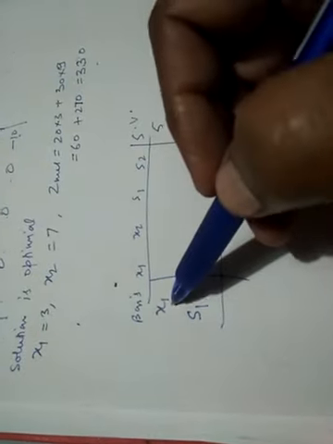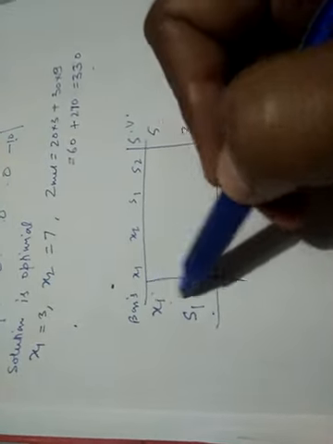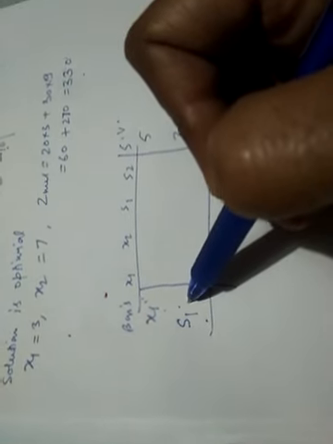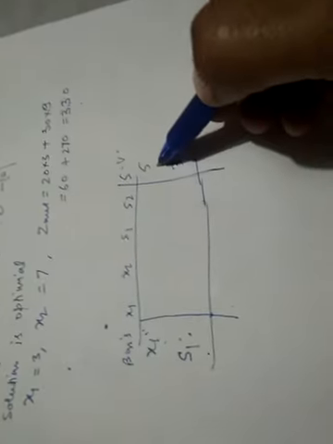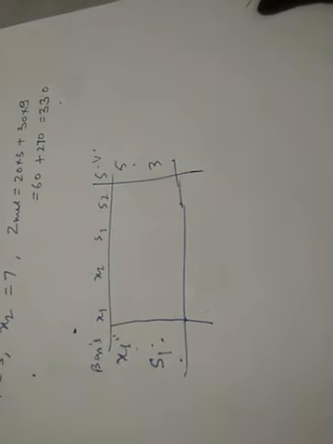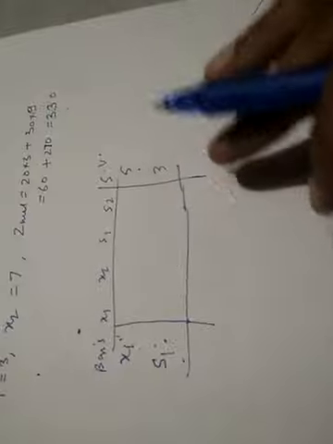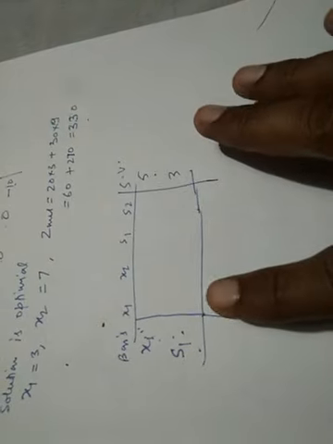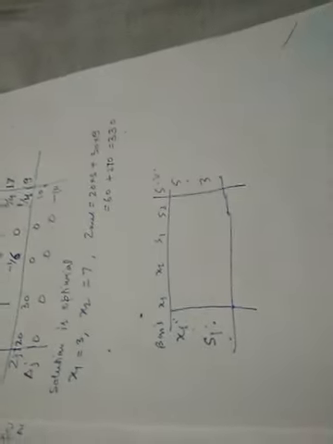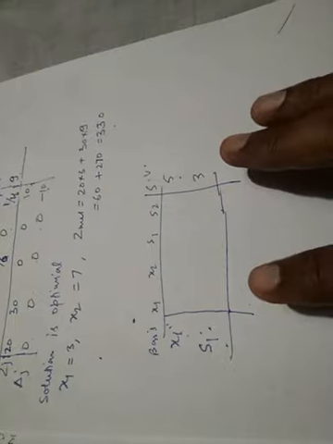What I want to tell you is that in the optimum solution it is possible that not all decision variables appear, and still your solution is optimal. So here you will say that x1 is equal to 5, then what will be the value of x2? I am telling this because you may face such a situation where you are getting an optimal solution. Once your solution is optimal, then you have to stop, you don't need to proceed further. So then how are we going to interpret this solution?